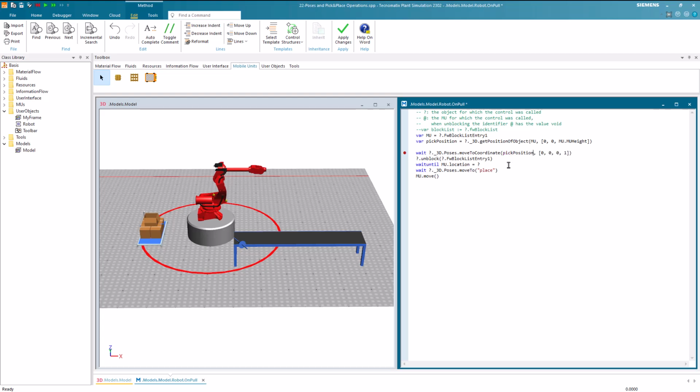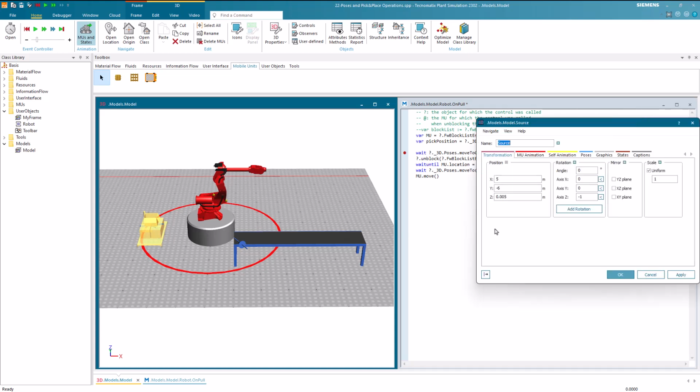Now, let's examine the second parameter, where we can make further improvements. In our current scenario, this parameter is not of relevance, since it determines the rotation when picking the part. However, let's consider a scenario where we have a tilted source. To illustrate this, we open the Edit 3D Properties dialog of the source. Subsequently, we set the rotation axis to Y and introduce a rotation of 60 degrees. Then we increase the height by 1 meter.